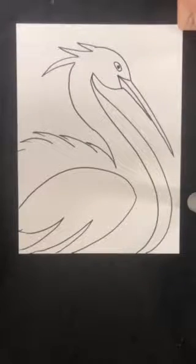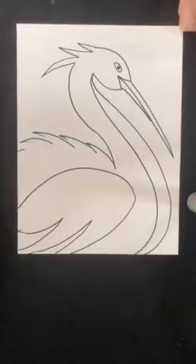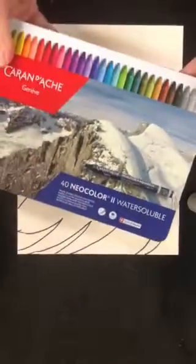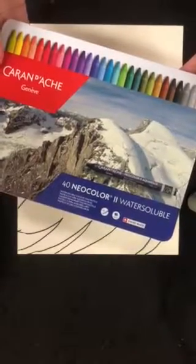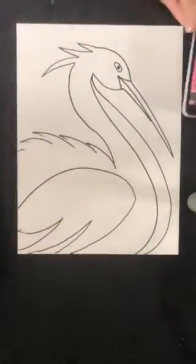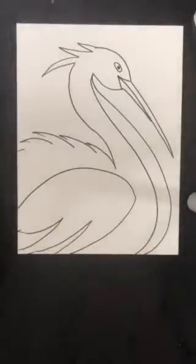Hello, I'm going to demonstrate how to apply color to your rainforest bird. We're going to be using these Neo Color water-soluble crayons, and they're like a watercolor stick. So they look really a lot like crayons. All you have to do is color your bird